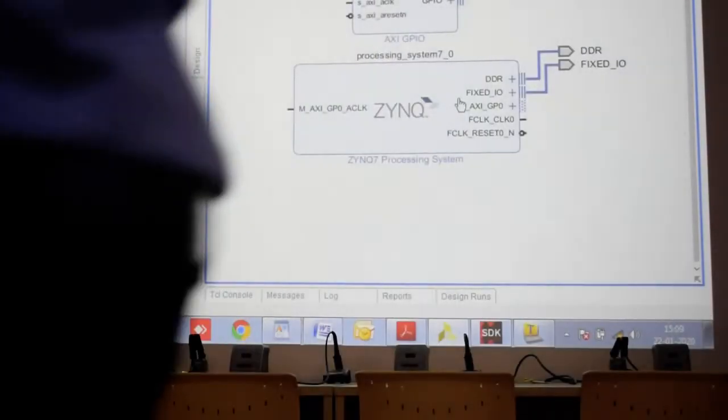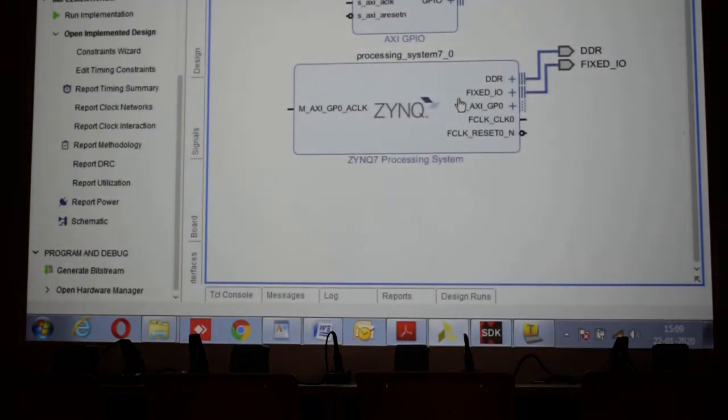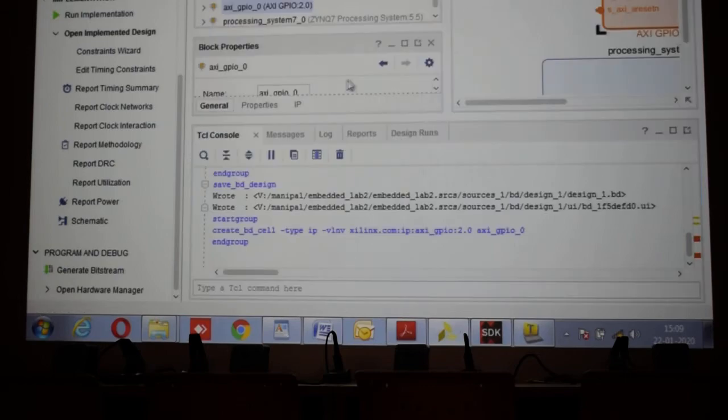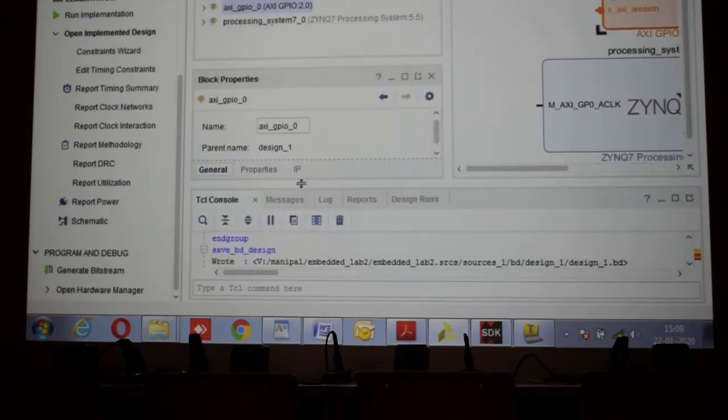You added the AXI GPIO. So you want to rename it. Click on this, minimize this section. You will get block properties. Can you see that? There is one section called block properties, with the name of the block. You can change the name. So name it as switch.